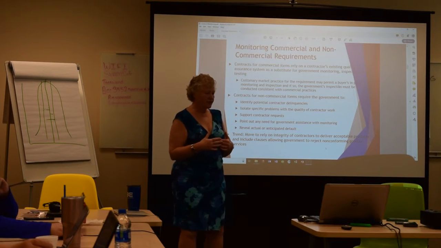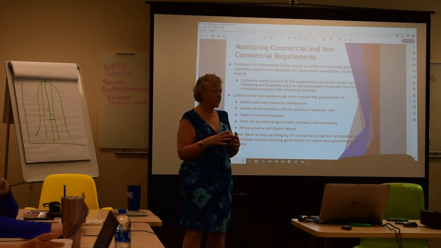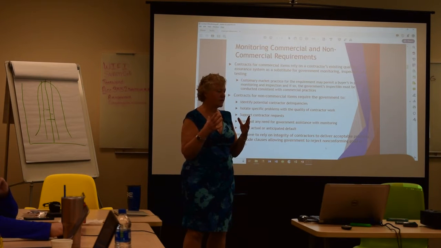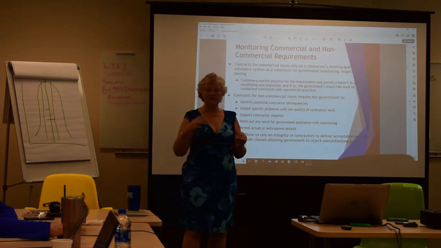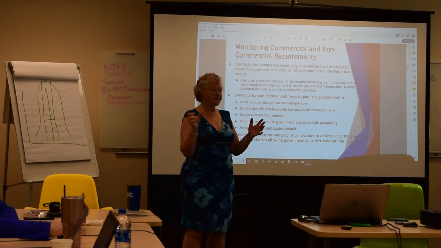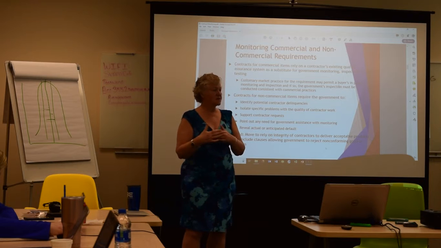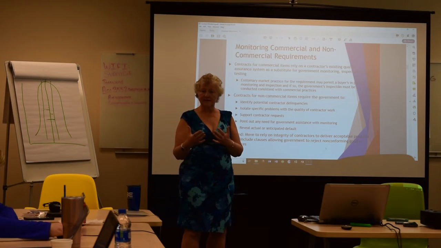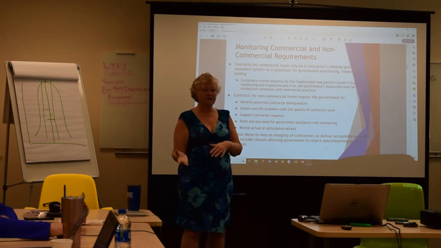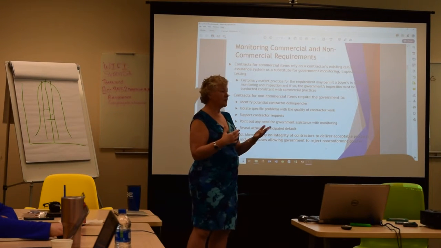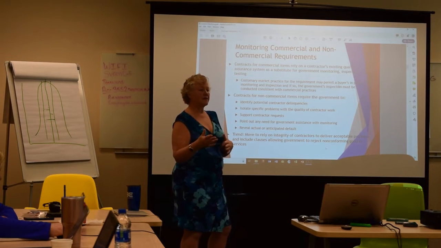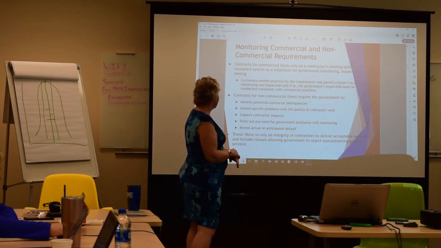So let's say, for example, you're creating a customized vehicle. And for your commercial customers, you let them come in as soon as the body is designed and as soon as the engine's designed, or whatever the steps are. And your commercial customers are allowed to come in at those points and see it. In that case, you need to let the government customers come in. So the government has to have the same monitoring and inspection that your normal commercial customers would have. But if you don't allow them to have any, then the government doesn't have any.